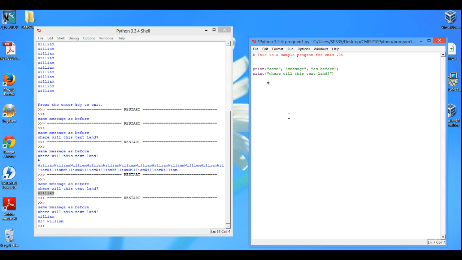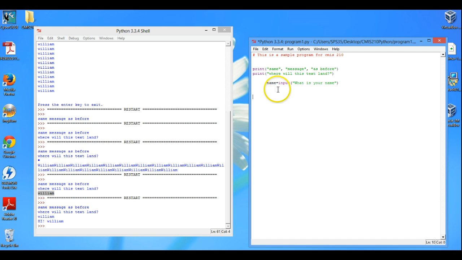So I can say name equals input. So notice I'm putting a function then. What is your name? And so this will actually allow me then